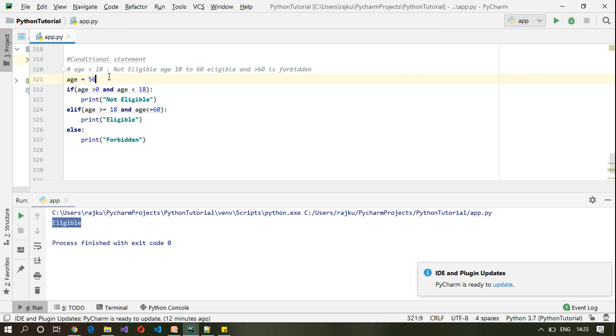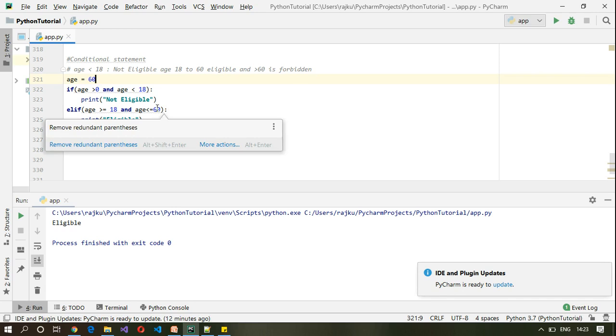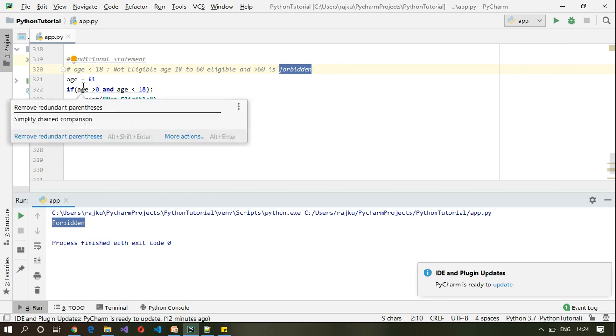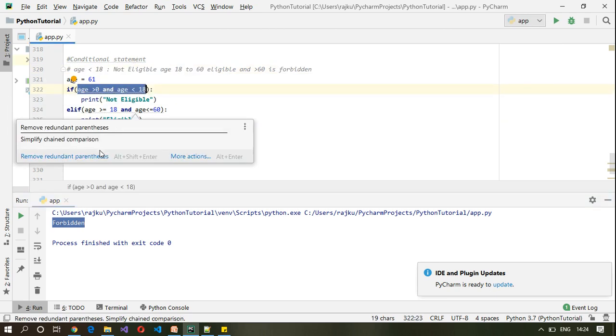Let us check for another boundary condition, which is 60. Still eligible because less than or equal to 60. Let us check for 61. 61 should be forbidden, so it should go to the else part. Now it says forbidden. So this is how we can make use of conditional statements.